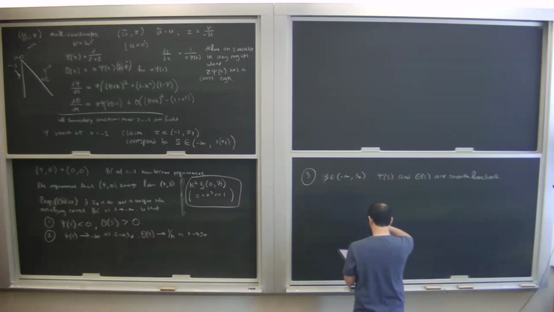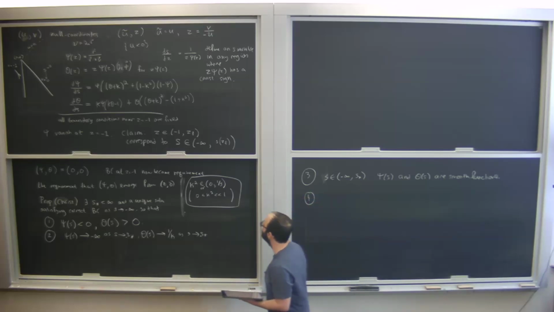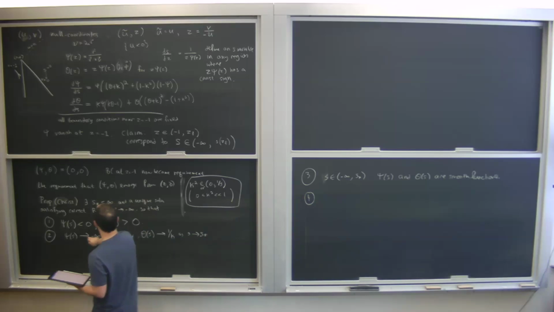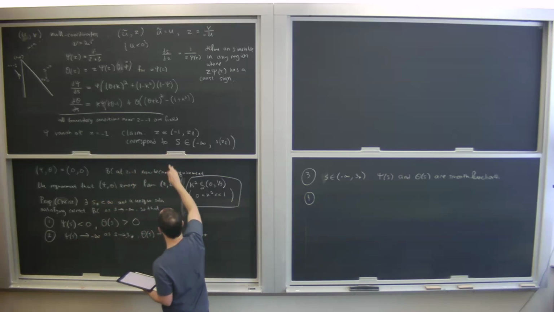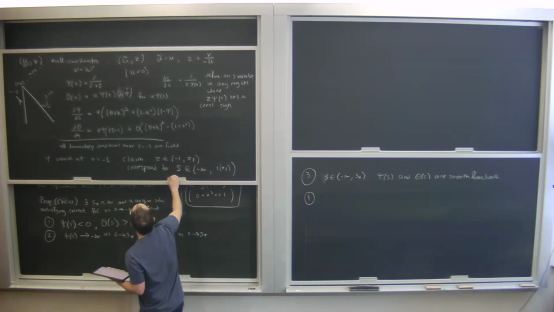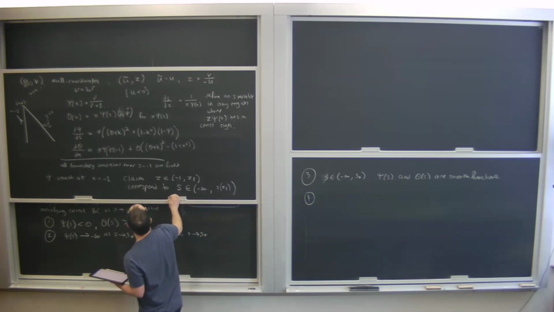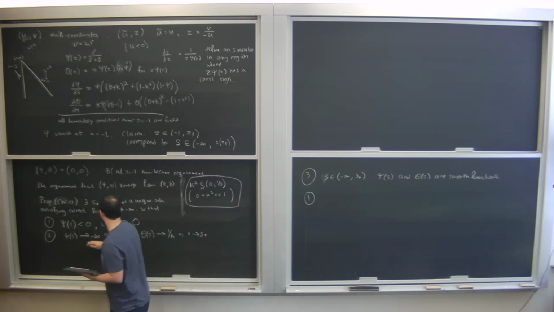So what's the way to say this? This sort of corresponds to, in a sense, theta equals 1 over k. Maybe it's not quite super straightforward. But as you approach this point where psi is going to minus infinity,